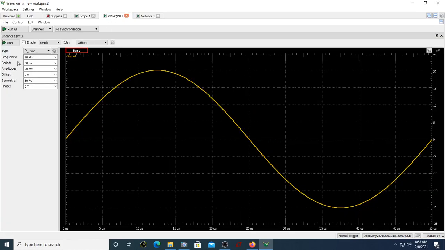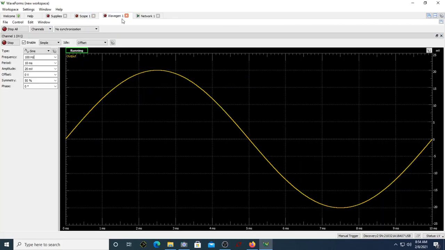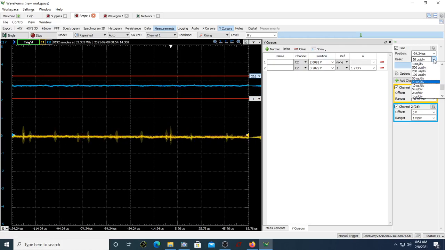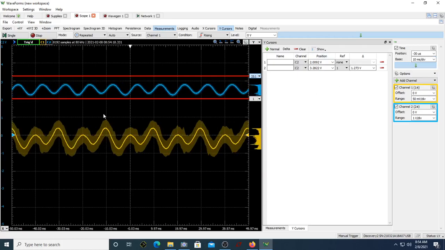Again, the settings should be in terms of, suppose if you keep it at very low frequency of something like 100 hertz or 50 hertz, you can see at 100 hertz the gain is less. You still get the output waveform, but as I said, if you want to see the waveform for 100 hertz, the period is 10 millisecond. Go back to scope, and make this 10 millisecond, you will see 10 cycles. Are you seeing 10 cycles?